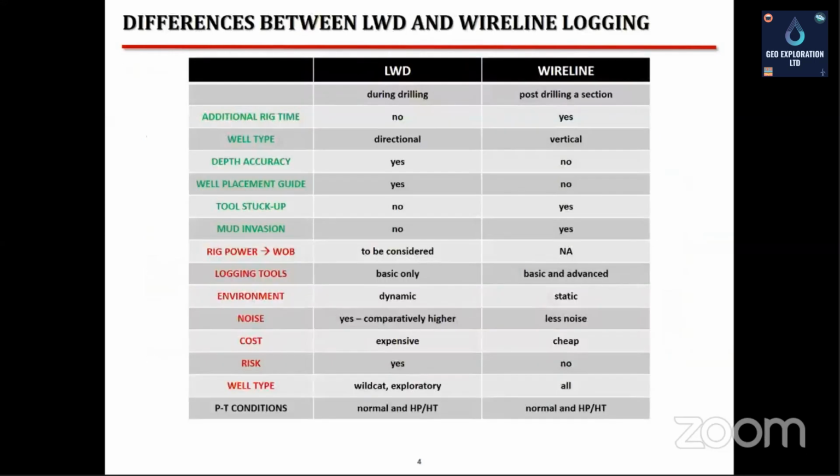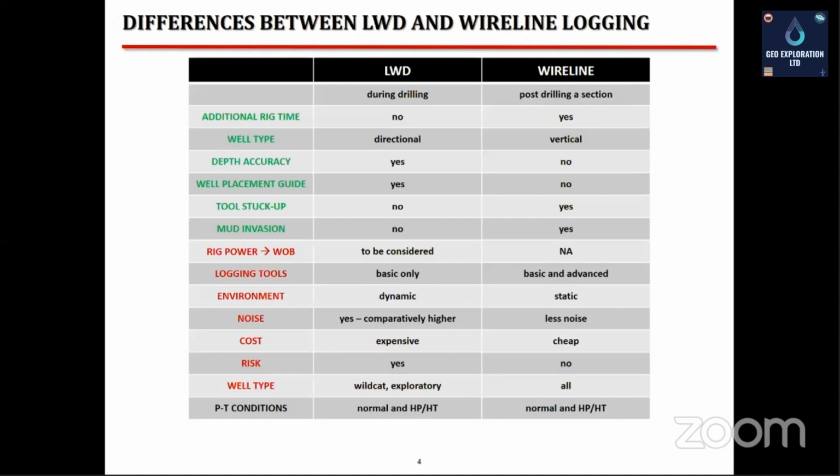Now, for the differences between LWD and wireline logging. The major differences stem due to the differing timing of their use. While LWD is carried out while drilling, wireline logging is carried out after drilling of the section has concluded. As a result of this, wireline logging utilizes additional rig time, while LWD is less time consuming. Another important point to be noted is that the LWD tool or sensors form a part of the bottom hole assembly. Because of this arrangement, LWD possesses some advantages over wireline logging. These are: number one,